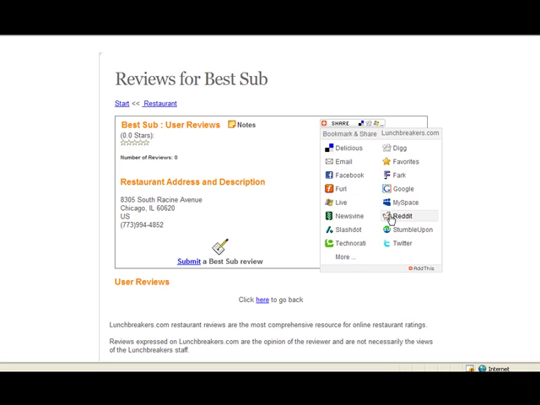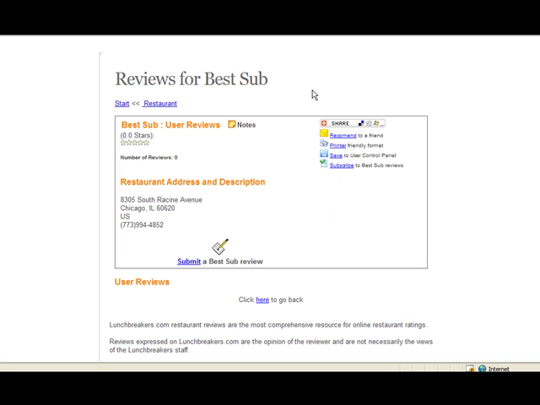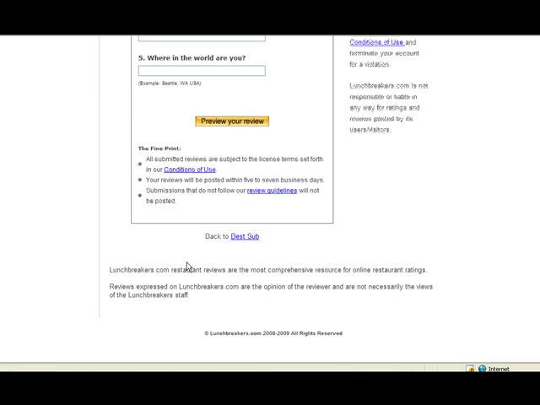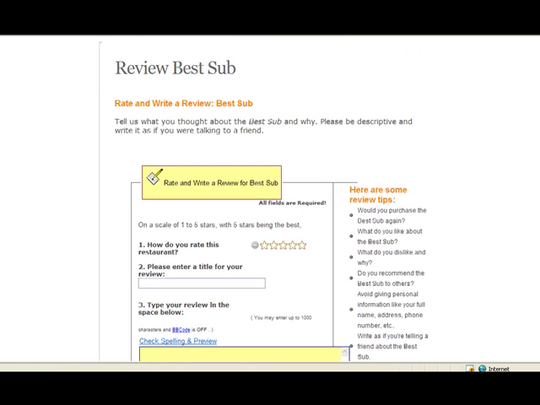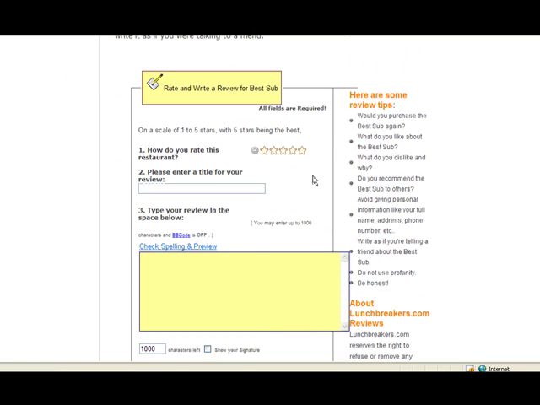Facebook, Twitter, MySpace, Fark, Google are all programs that you can use to send the reviews to some of your peers. If you'd like to submit a review, you simply click on Submit. You can give a restaurant a maximum of 5 stars. 5 is the best review that you can give a restaurant, going down to 4.5, 4, 3.5, so on and